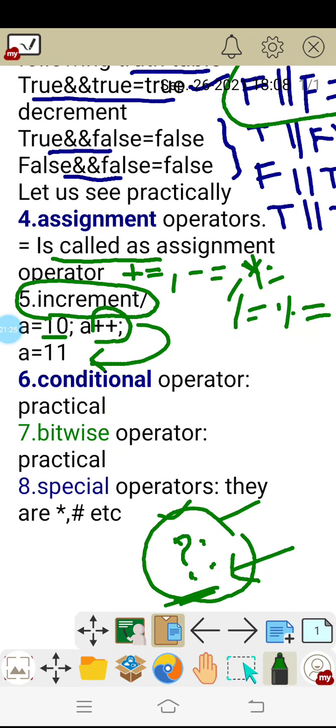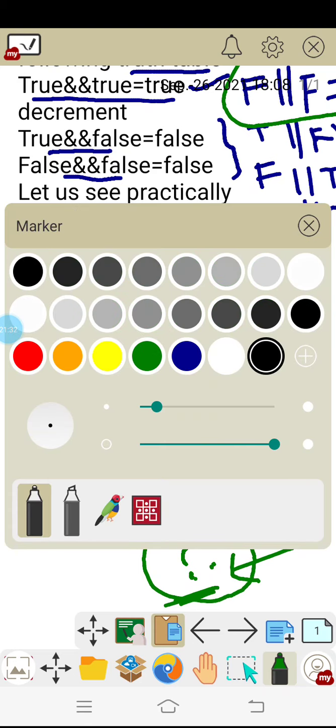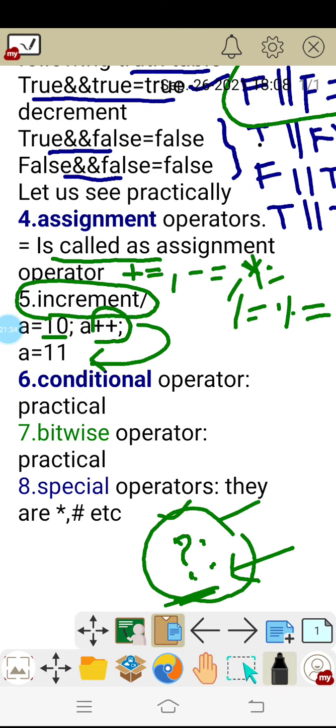The next one is the bitwise operators. Here the bitwise operators are bitwise AND, bitwise OR, and XOR operator. So some different kinds of operators are there. About the bitwise operators we will make another video, in which I will explain thoroughly.